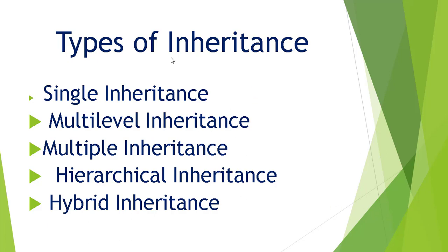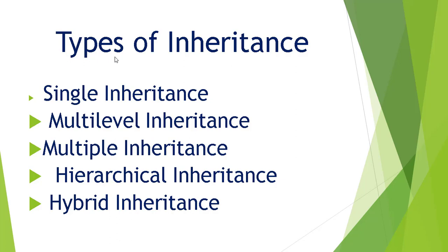In the previous class we studied the meaning of inheritance, what is a base class, what is a derived class, the syntax for the derived class, and visibility modes. There are three types of visibility modes: private inheritance, public inheritance, and protected inheritance. Inheritance is the capability of one class to inherit the properties of another class.